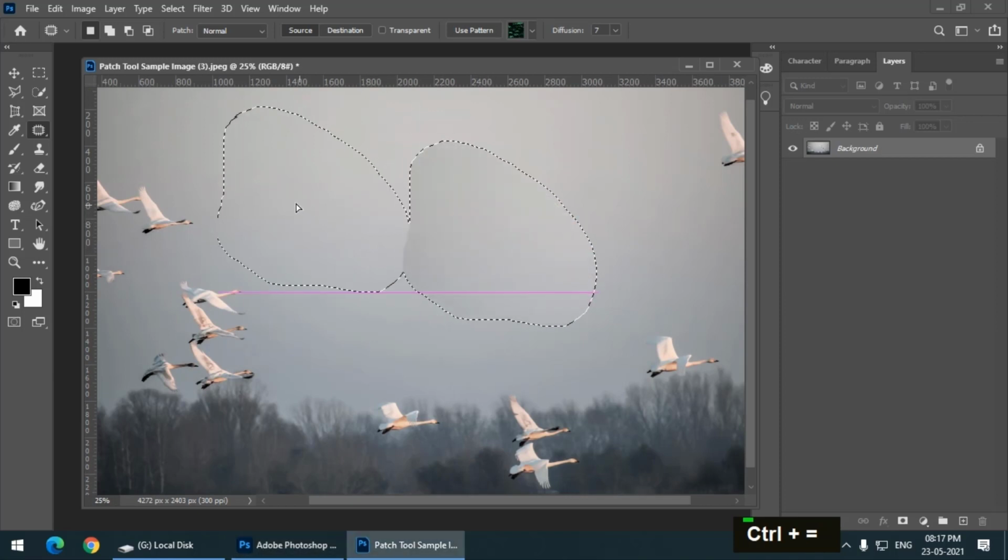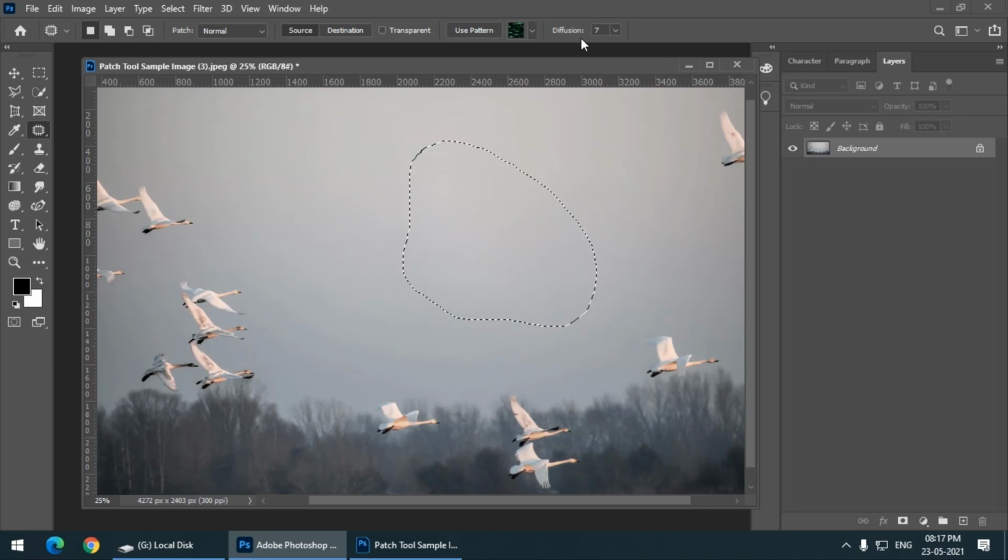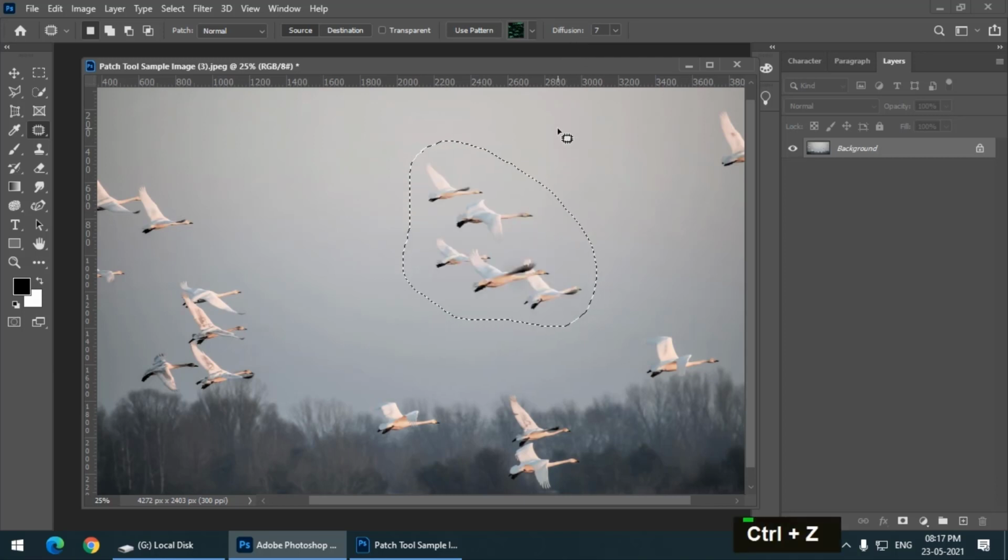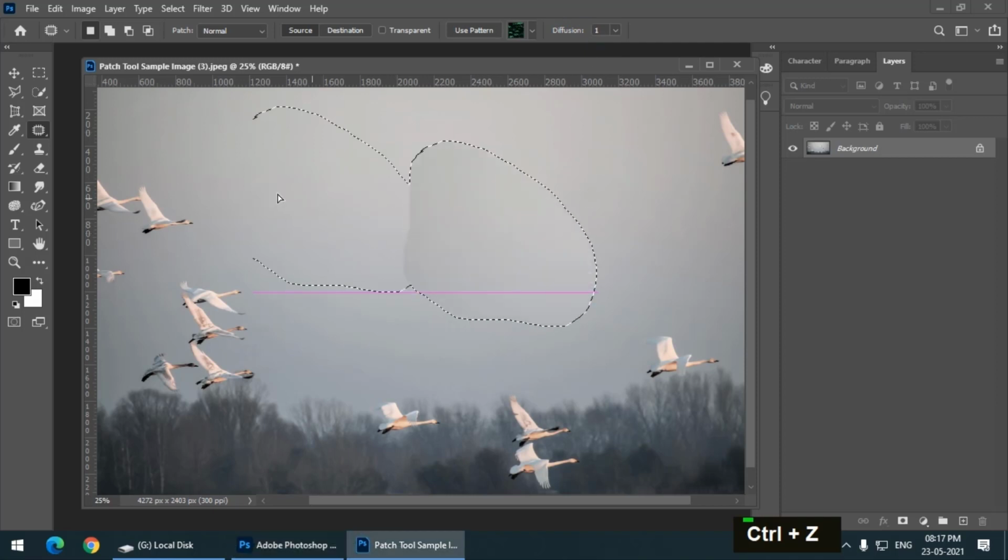You can see the source area and the selection where I am putting it, the toning is a bit different, but as I release the mouse button, it will blend into the background. This is because I have kept the diffusion level at maximum. But what happens if I keep the diffusion level at minimum? It is 1 now. I will release the mouse button.